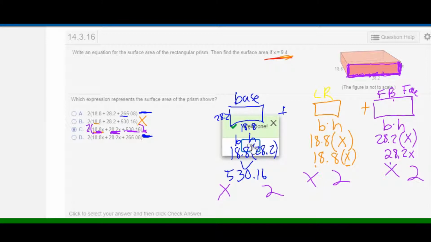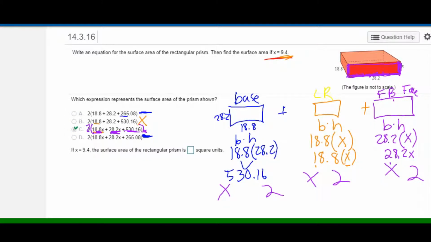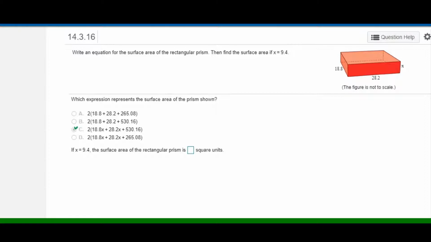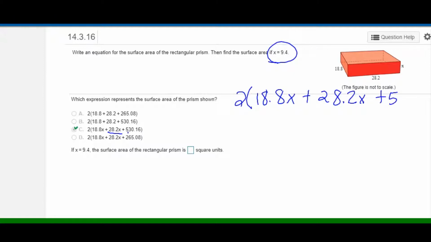Now I want to use that to find the surface area. So this says that the value of x is 9 4/10. So I'm going to use my formula: 2 times 18 8/10 times x plus 28 2/10 times x plus 530 1600ths. And then I have to substitute 9 4/10 into this expression for x,